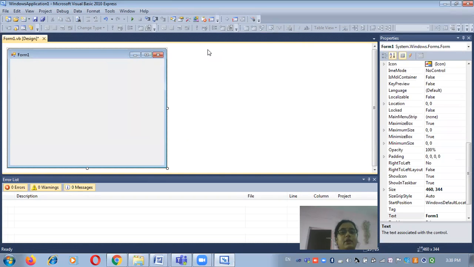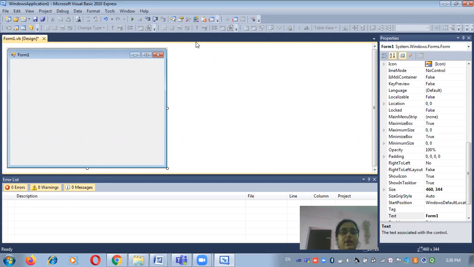There are basically two types of controls used in Visual Basic. The first one is intrinsic control and the second one is extrinsic control. The intrinsic controls are always called common controls. There are n number of intrinsic or common controls used in Visual Basic, like label control, text box, rich text box, then command button, frame control, picture box, image control, etc.